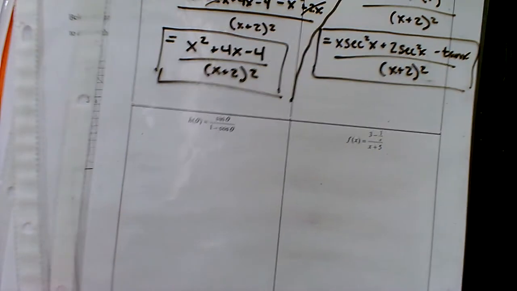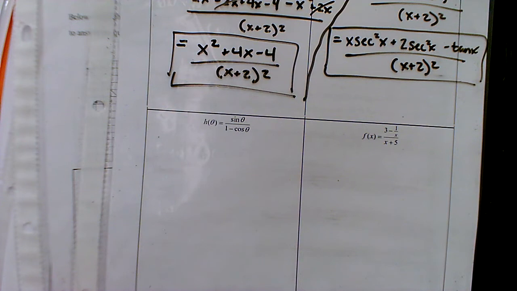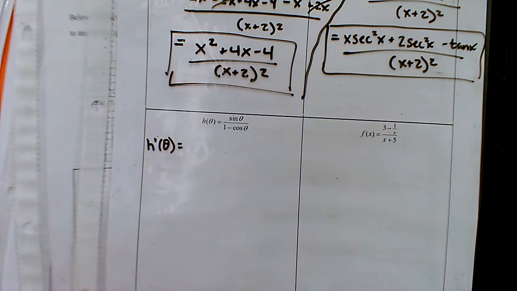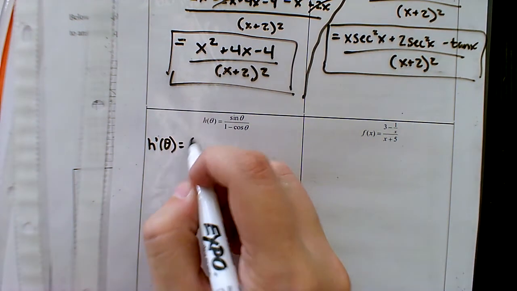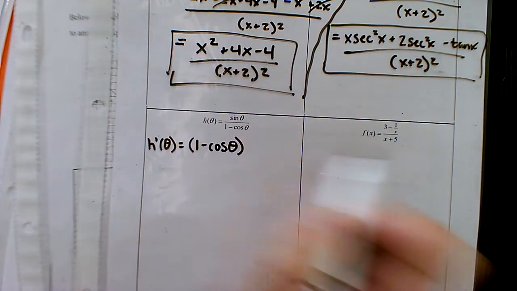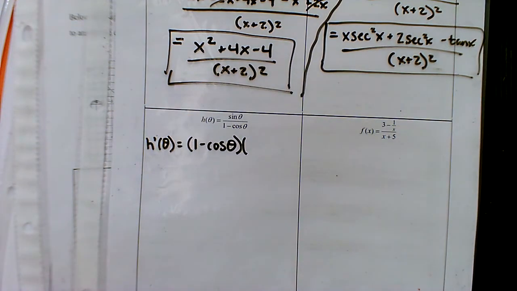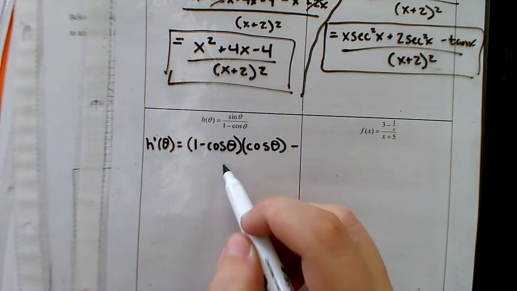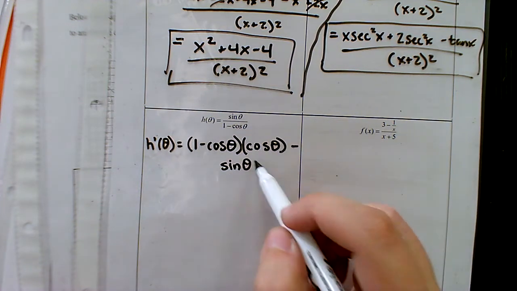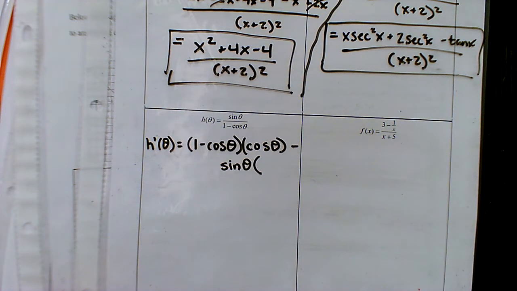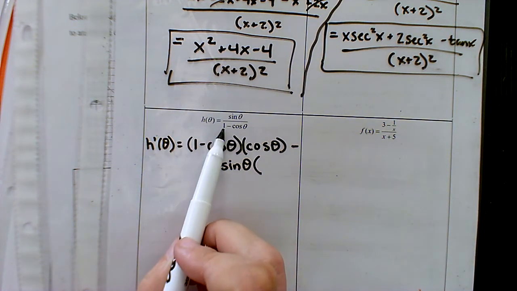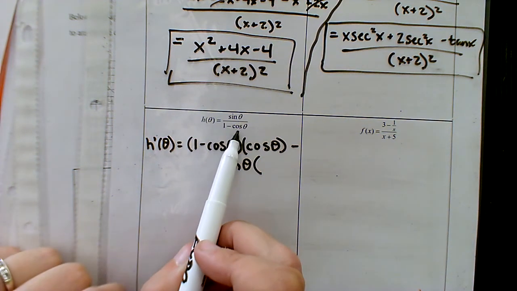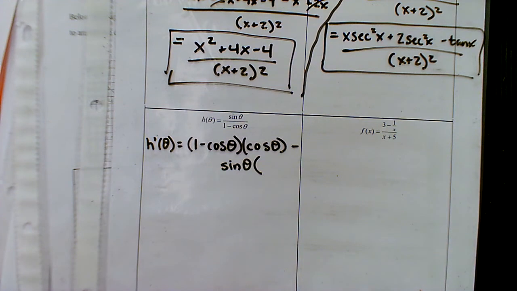Let's go ahead and try another trig one. If you don't like the thetas, you can make them x's. Okay, you just make the variable whatever you're comfortable with. All right, it's a fraction. So quotient rule, we need low times d high. Derivative of sine would be cosine minus high, and then we need d low. So the derivative of 1 is 0, nothing. Then we have to subtract the derivative of cosine, which would be